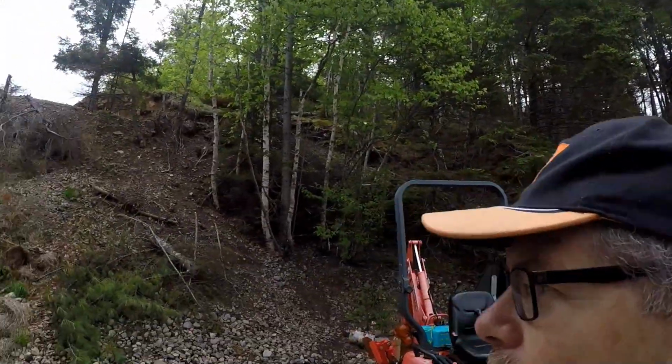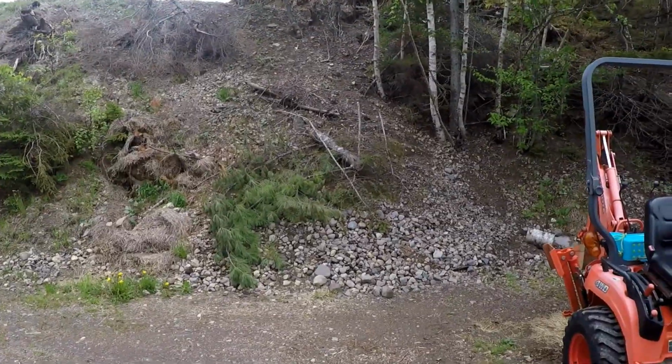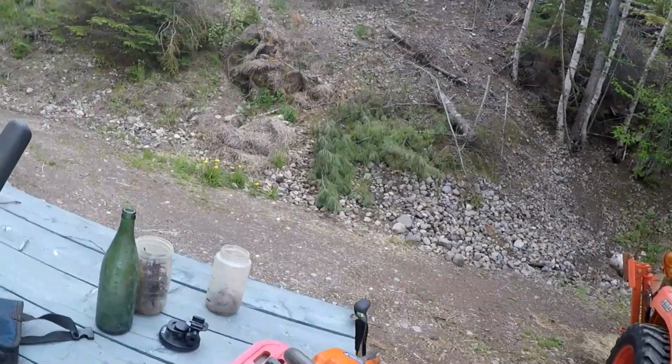Anyway, today it was raining all day yesterday, cloudy and foggy this morning. There's not a breeze here, so I suspect we're going to be able to burn after 2 o'clock. It's around 11:30, 12 right now, so I'm just getting ready. There are a few little trees where I cut, not trees, but branches and things that are still stuck to some that need to be cut, and I just take the saw and work here for a little bit